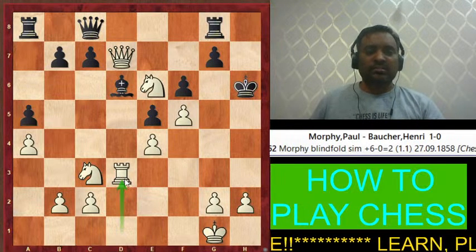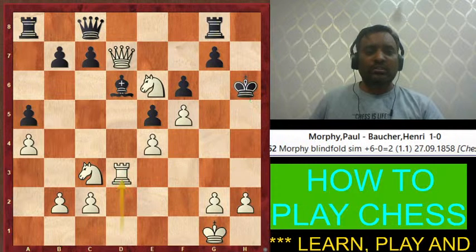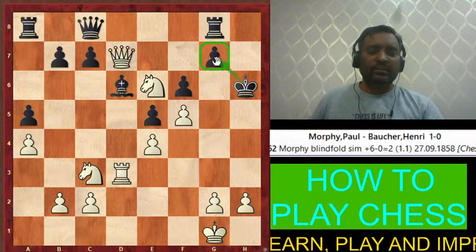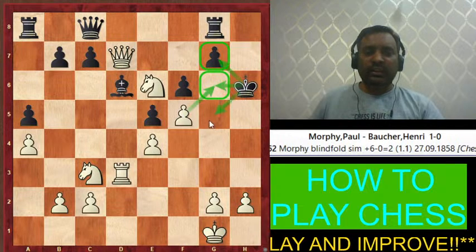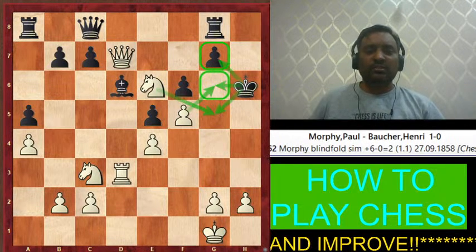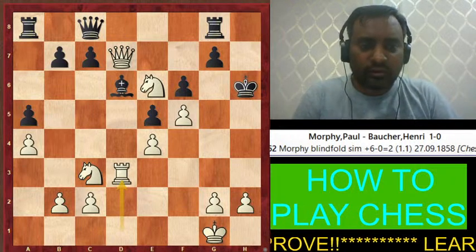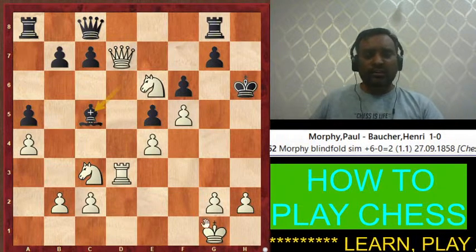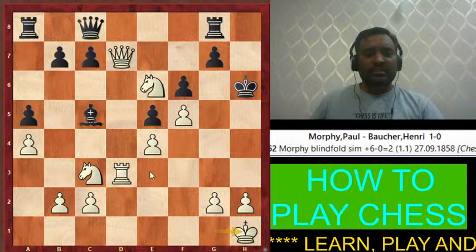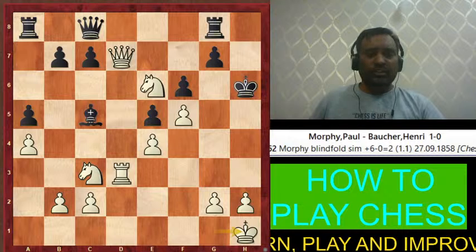So this idea is called rook lift, and now the idea is to give this check and mate, because remember the king cannot go back, king can't come here because of this pawn, and king can't come here because of this knight. So he cannot avoid the checkmate. Maximum what he can do is give you a check, so you can move it, but still this check he cannot avoid. वो उसे बचा ही नहीं सकता है.